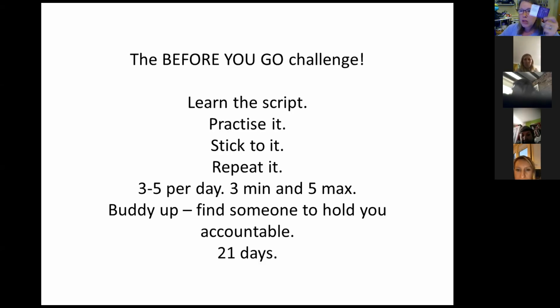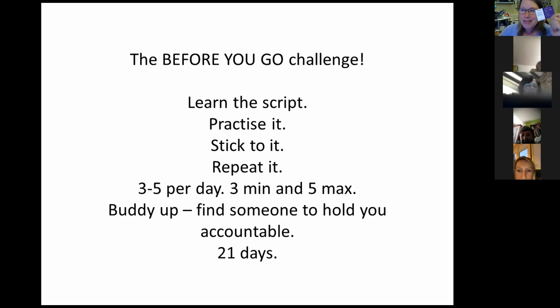And I want us to be doing 3 minimum and 5 maximum. Don't push yourself, no more than 5 a day. But can you whip this card out and show it to 5 people every day? Buddy up, find someone to hold you accountable. In my team, we're probably going to get our own little tally going on and keep it going within the team. And maybe that's something that you want to create within your team as well.